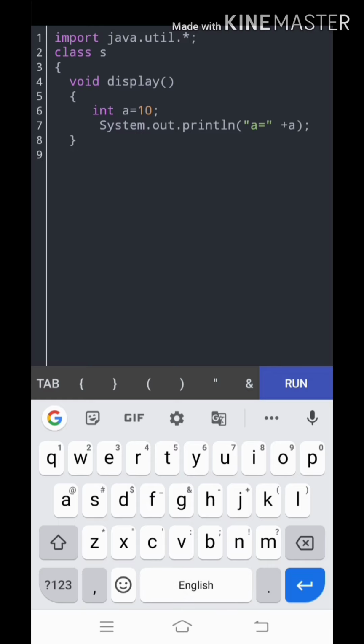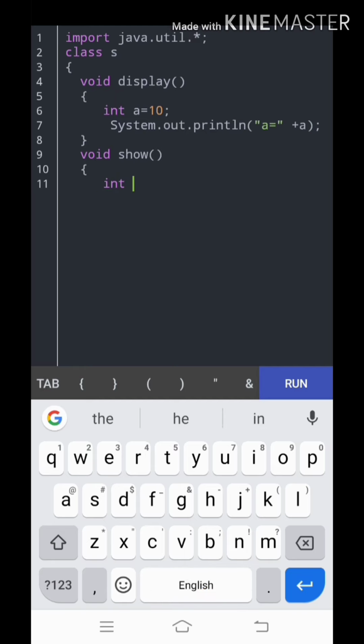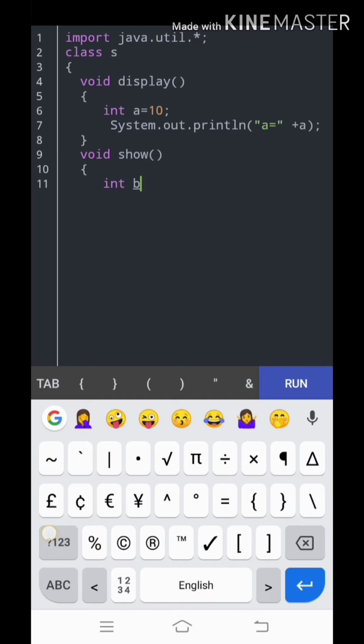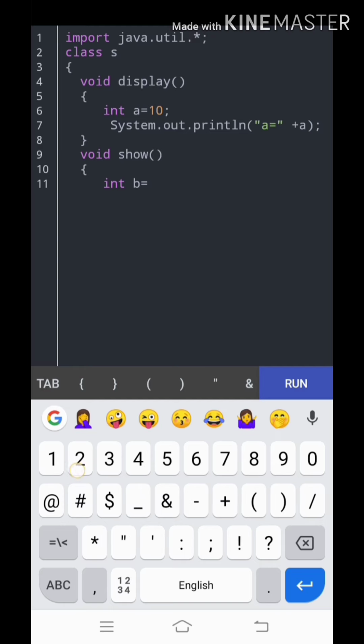Now I am going to take another function. For a better explanation of this example of local variable declaration, I am going to take another function, void show. In this function I am taking another variable, int b = 20.